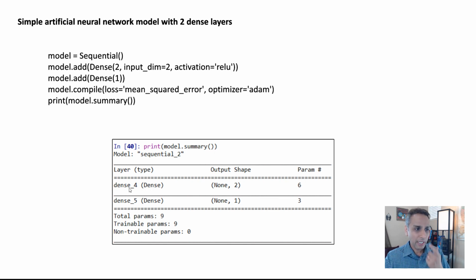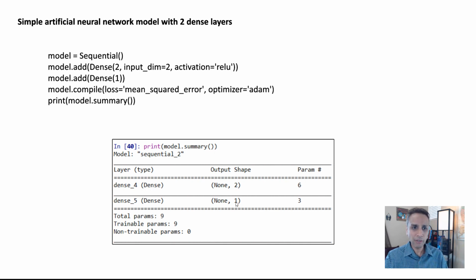So the first layer is dense, and the output shape is two neurons, you're getting two outputs, and the final layer is giving you one output because we are predicting only one value, right? We are actually predicting a regression value. Again, if this is a multi-class classification where you have cat, dog, monkey, other stuff, then the output would have